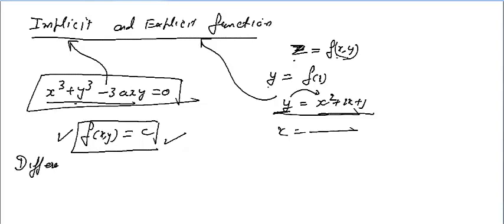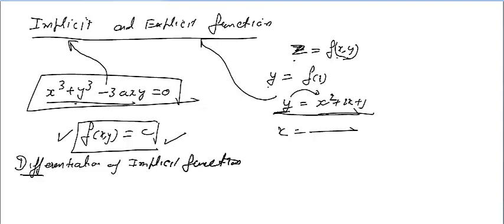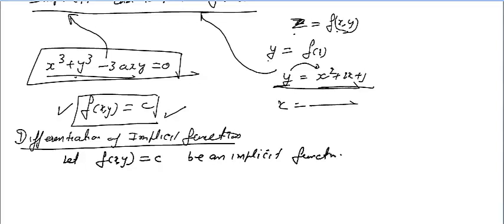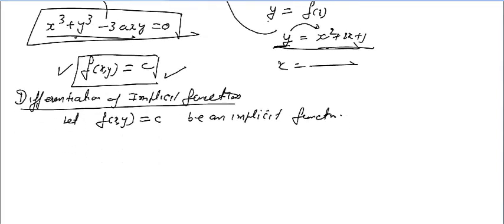So, differentiation of an implicit function. There will be two formulas. What is the meaning of that? Let f(x,y) is equal to c be an implicit function. I am taking the journal's first function. Then there will be two formulas, and we will use those formulas directly in future. Number one,